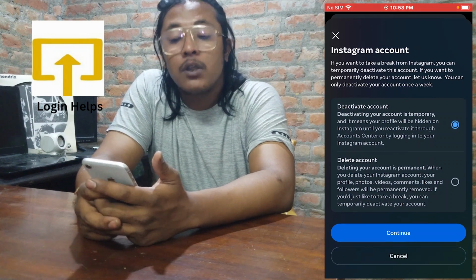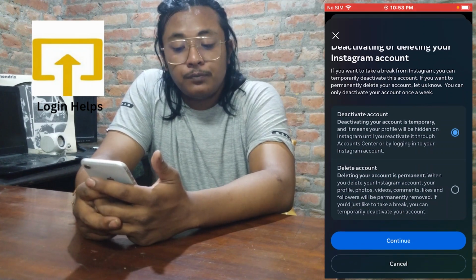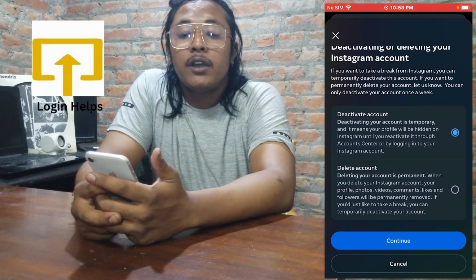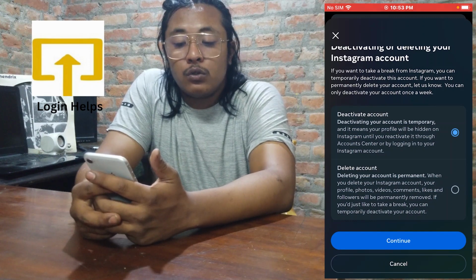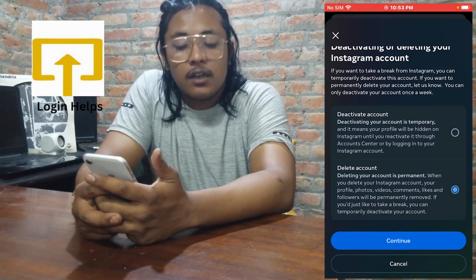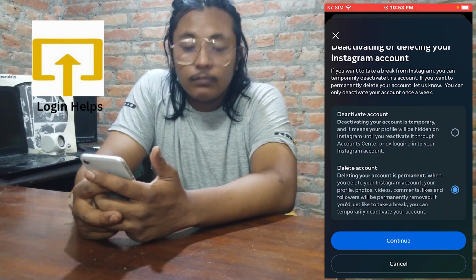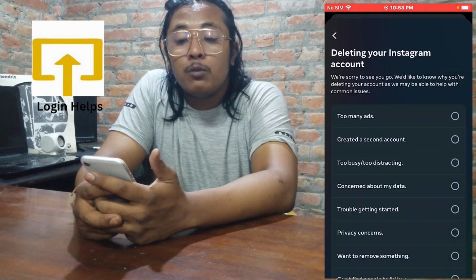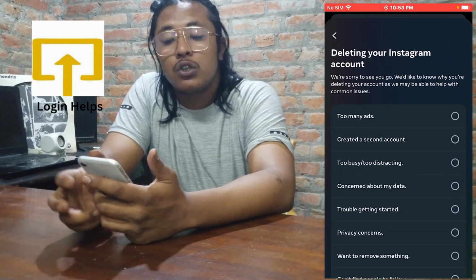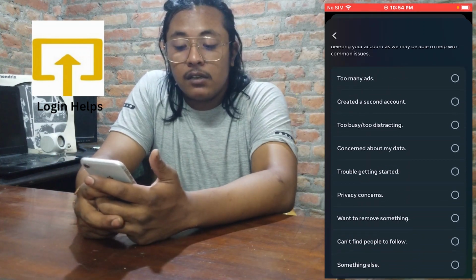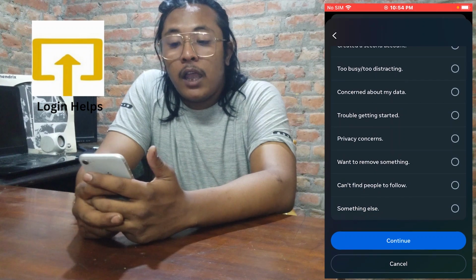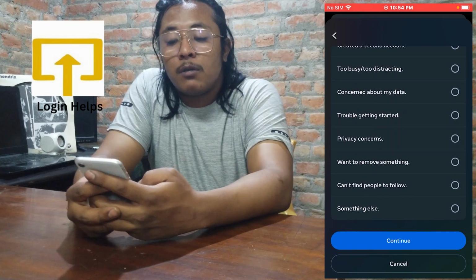on the delete account. And after that tap on continue, and over here guys you will be required to choose why do you want to delete your Instagram account. Let's go with something else, and after that tap on continue, but you can choose any reason you like. And with that being said, let's tap on continue, and over here guys you'll be required to enter your password